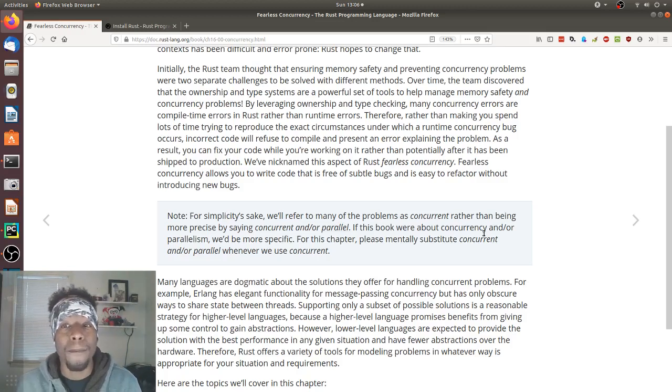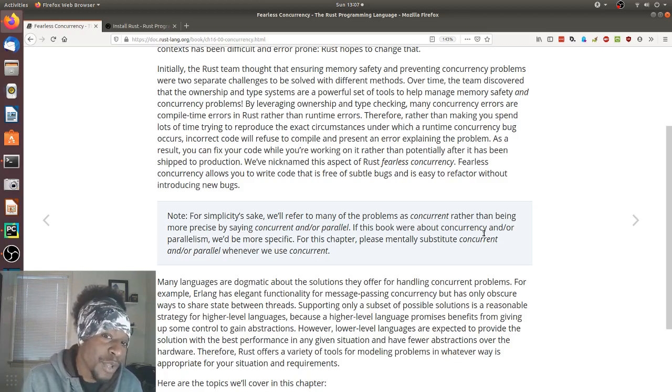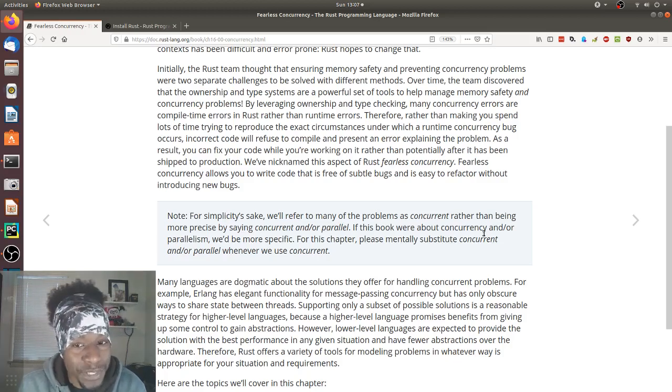Therefore, rather than making you spend a lot of time trying to reproduce the exact circumstances under which a runtime concurrency bug occurs, incorrect code will refuse to compile and present an error explaining the problem. As a result, you can fix your code while you're working on it rather than potentially after it has been shipped to production. We've nicknamed this aspect of Rust fearless concurrency.